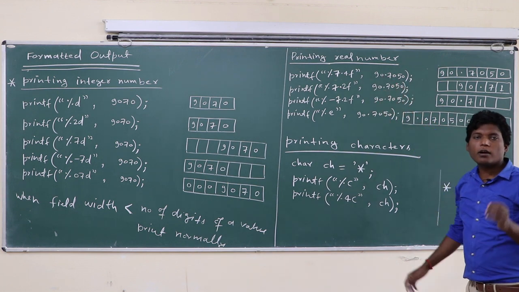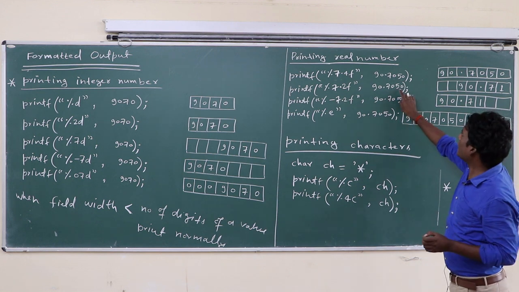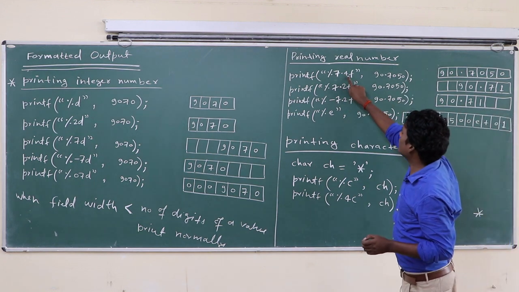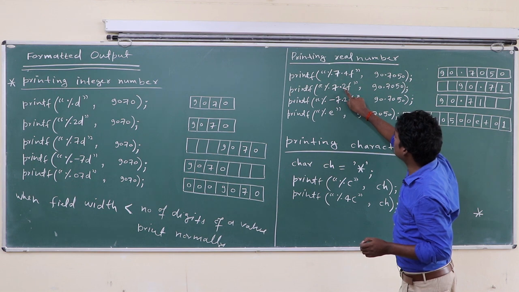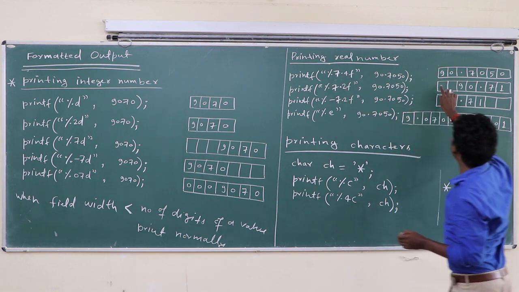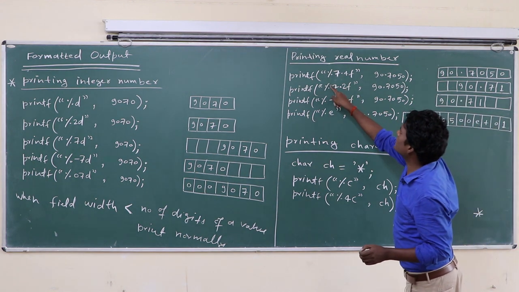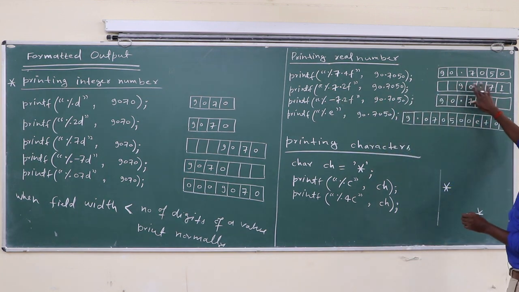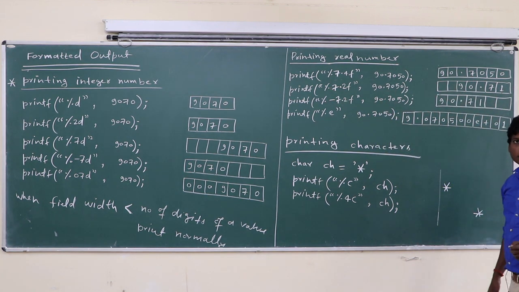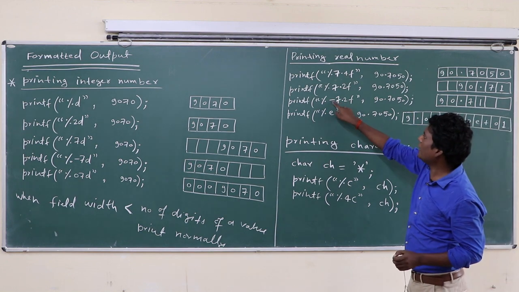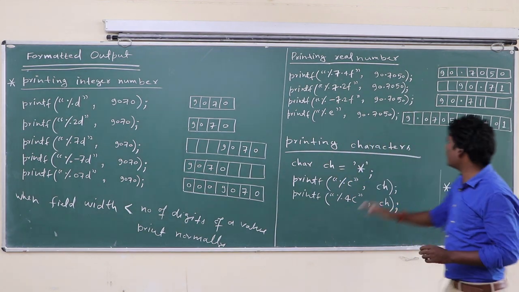Class, there are 2 spaces remaining, because 7 blocks are required, but here there are only 5 digits. Here are 4 digits after the decimal, here are 2 digits after the decimal. So 2 blocks are remaining. Okay, there is a plus here, so it is right justified. Here is a minus, so it will be left justified.